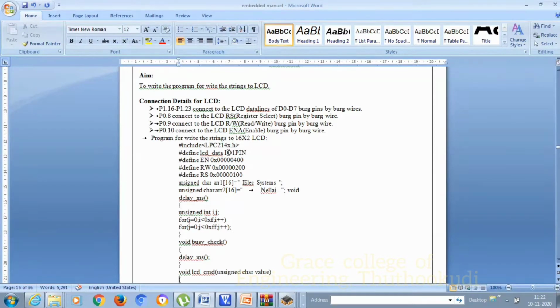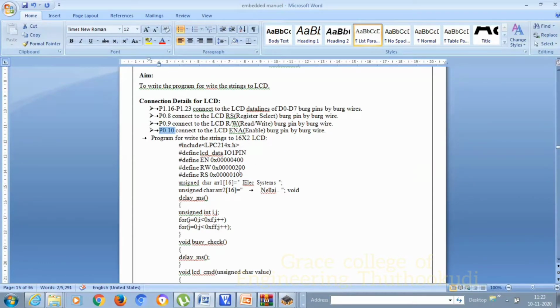And this is the program for LCD. Port 1 is used for the LCD connection, therefore the IO1 pin is used as LCD data. Then the enable, reset and RW pins are initialized to the particular port 0.8, so that enable is given to the pin port 0.10, so that it takes the value 0x0400.